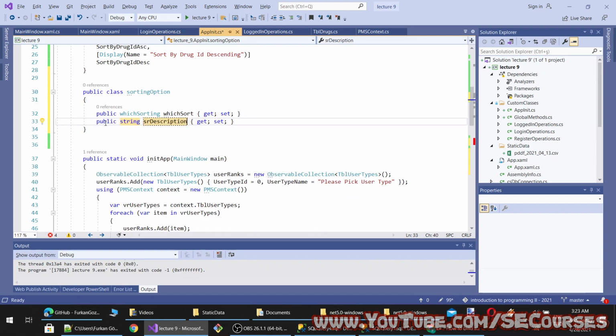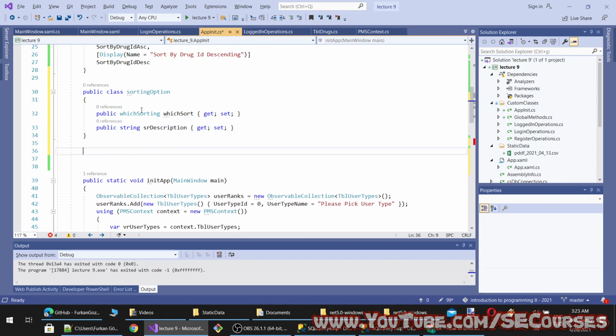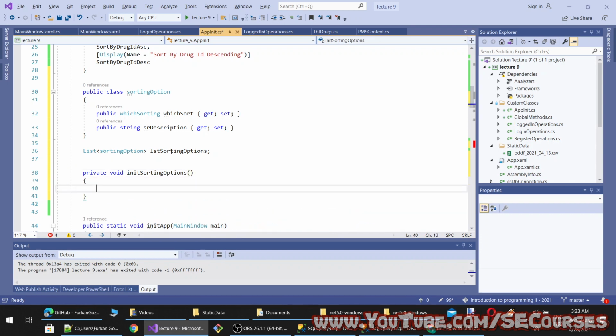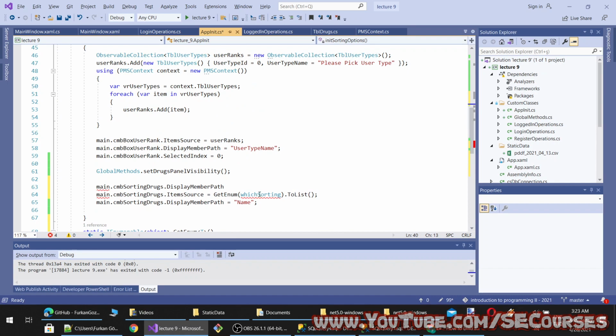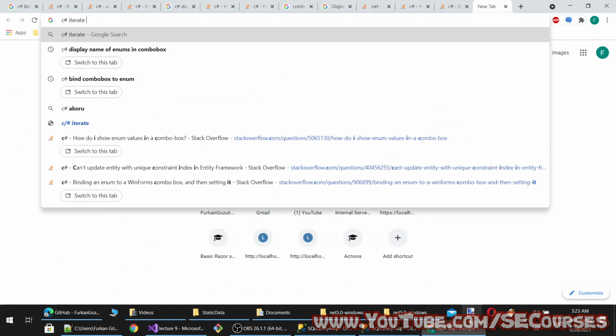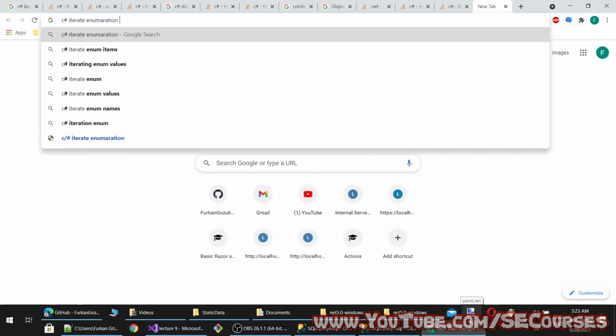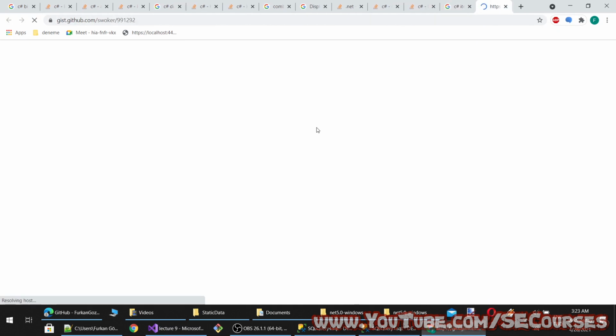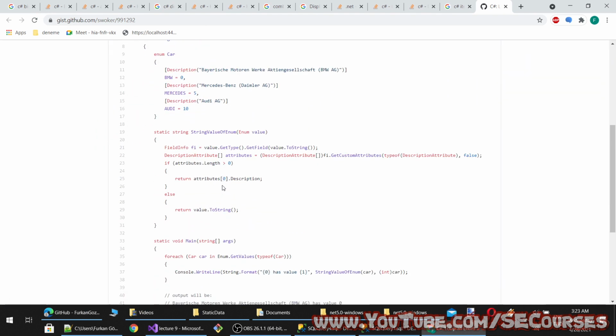Let me show you. So here we are going to have a list of SortingOption as options, private void InitSortingOptions, and inside here we are going to get the enumeration. Okay, and how do we enumerate it?